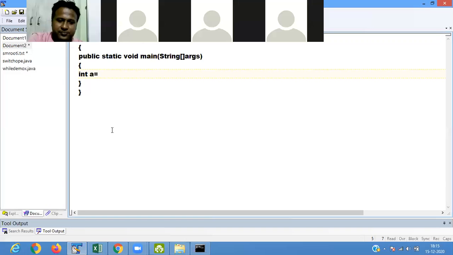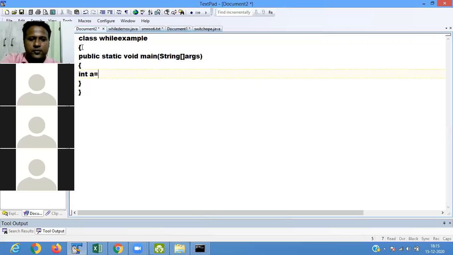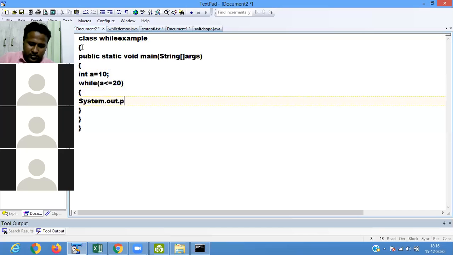Ankita, Sagar, participate. Int a is equal to what to write? I want to display from 10 to 20. Suppose a equals to 1, sorry, 10. Sorry, आज पूरा disturb हो चुका है. 10, then while, what condition I have to pass? a less than or equal to 20. System dot out dot println is printing you here a. a plus plus, then a is equal to a